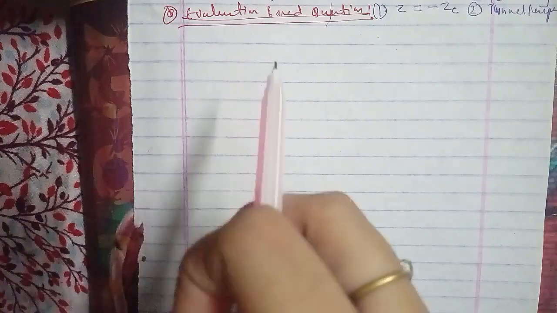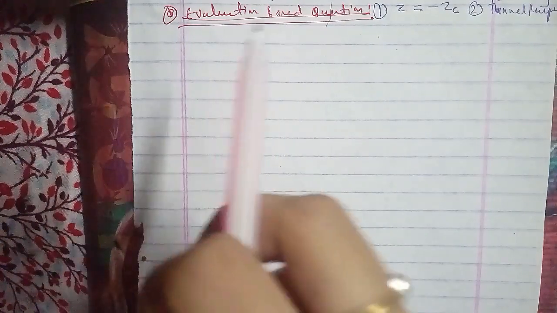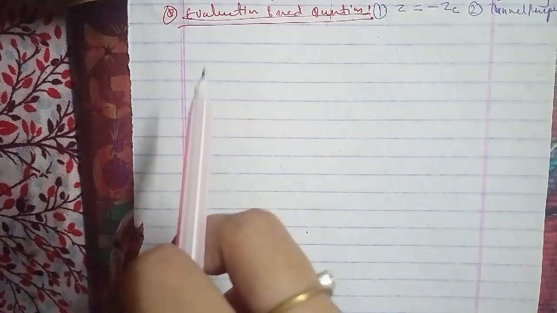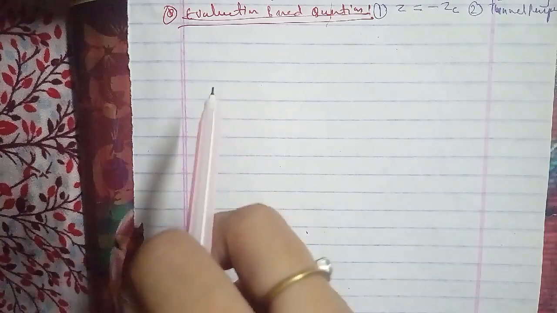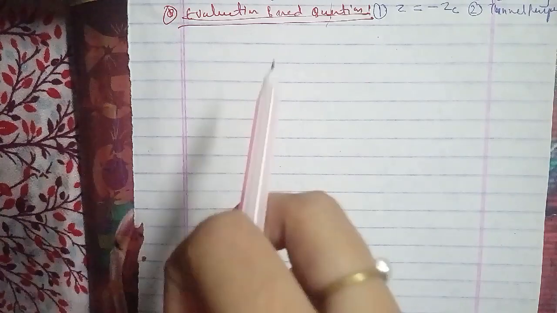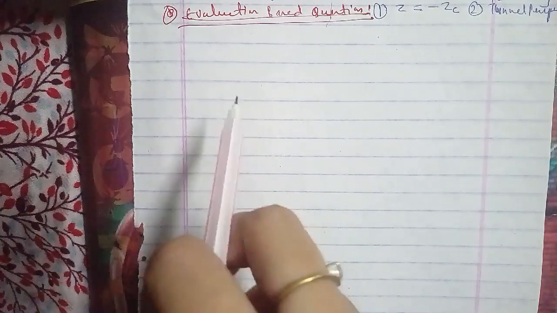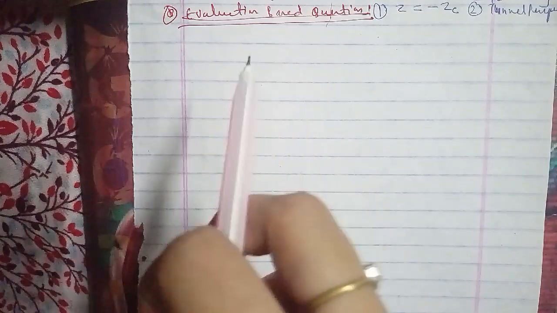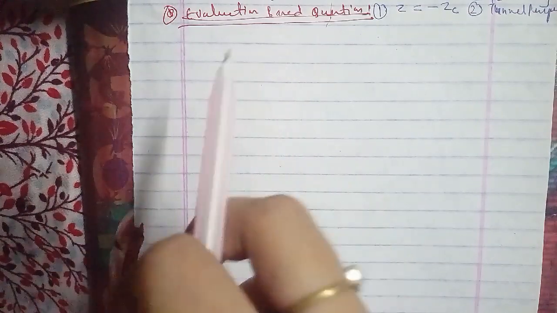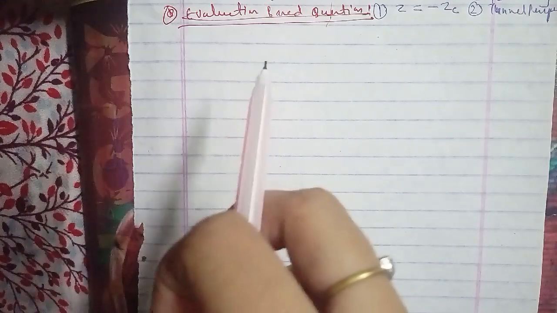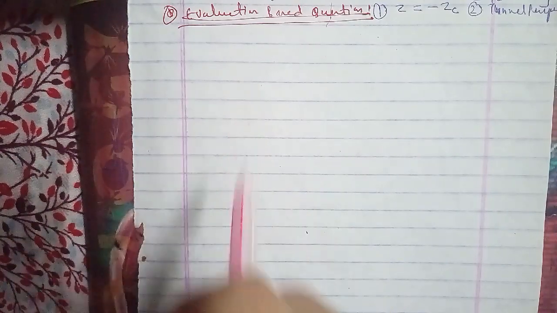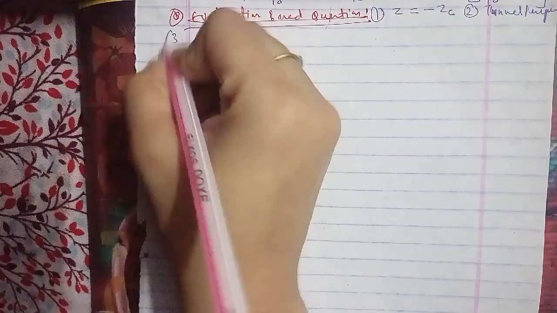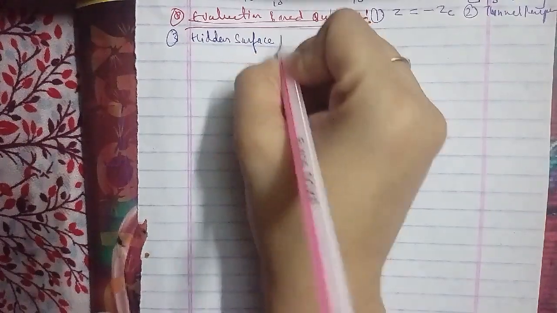Now we'll go ahead with another question, which is to predict the phenomenon. The coordinate positions are transformed to the view plane along parallel lines. It preserves the relative proportions of objects. It is a method used in drafting to produce scale drawings of 3D objects, and you have to find it out. So repeat the question: it preserves relative proportions of objects, and it is the method used in drafting to produce the scale drawing of 3D objects. The answer is parallel projection.